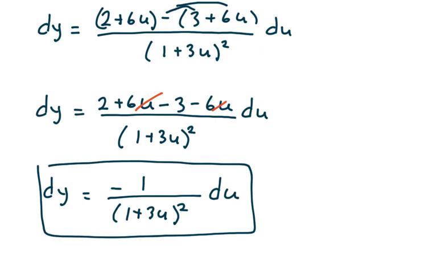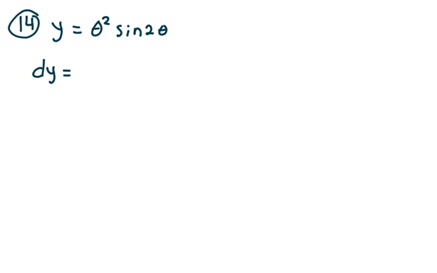And that's number 13. If we take a look at 14, suppose y equals theta raised to the second times sine 2 theta, and we need to find dy. So we have to do the product rule here. So I'm going to write down the first function, which is theta squared. I'm going to multiply by the derivative of the second function, which ends up being, by the chain rule, the